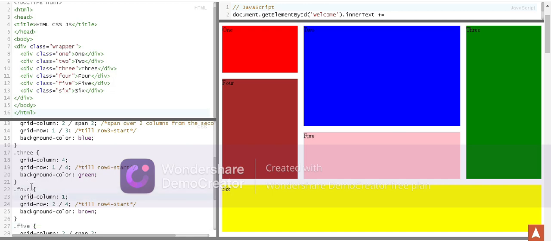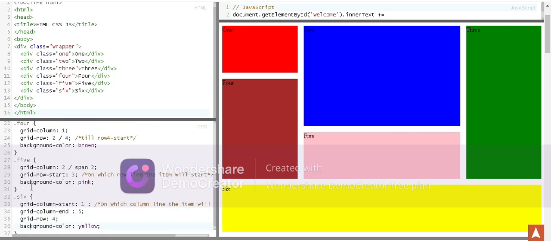Now let's learn some new properties in the fifth one. For the fifth, we want it to span over 2 columns, and it should be in the third row itself. So for the fifth, grid-column 2, and it is spanning over 2 columns, and for grid-row-start, we have mentioned 3. So we are mentioning on which row line the item will start.